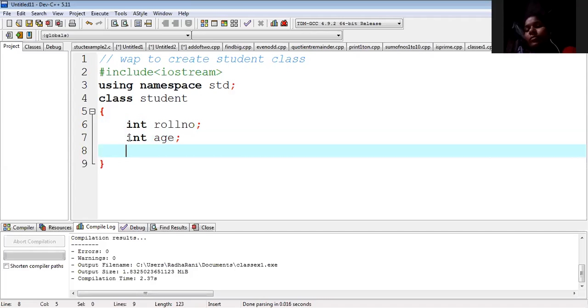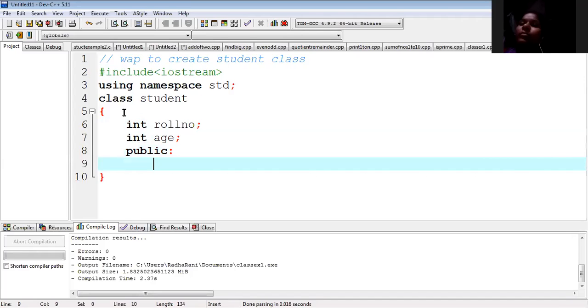I am not specifying any access specifier here. Tell me, are roll number and age public members or private members if I don't specify anything? Private, very good. If you don't specify anything, it is a private member.